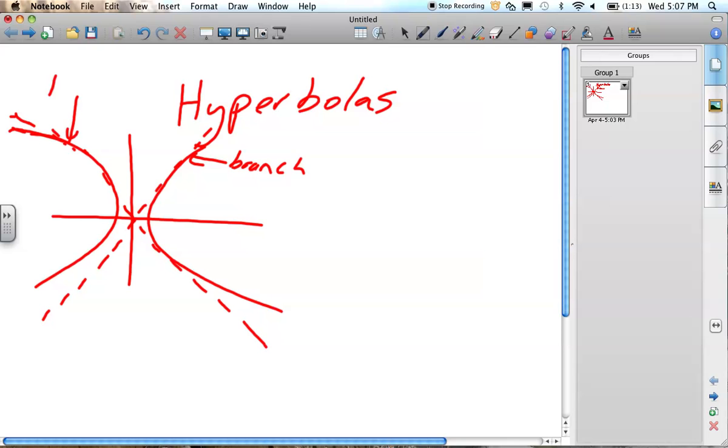To form a hyperbola, you have to have two cones back to back, or point to point. Okay, now an example of a hyperbola will be if you have a plane